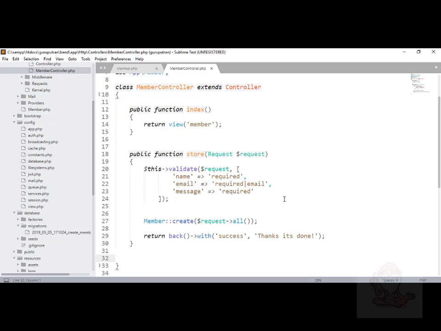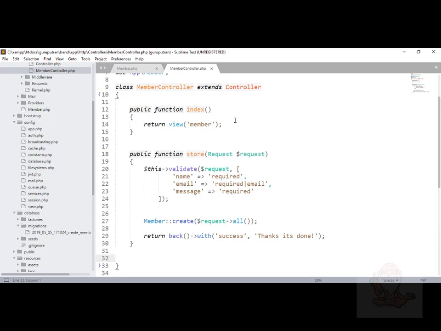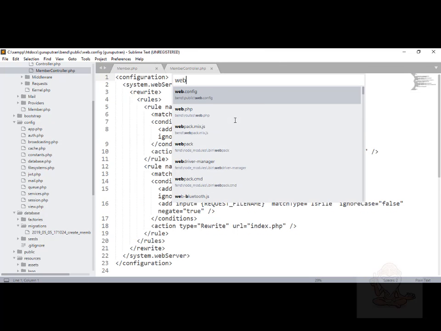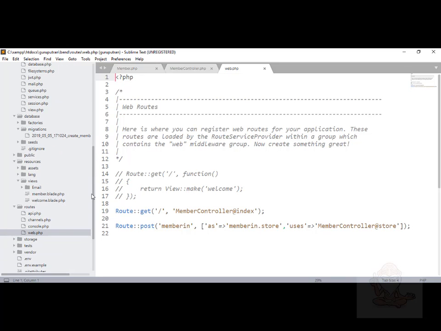In order for these two functions to work, we need to do routing. So let's go to web.php. Where is the web.php? Just type web.php. It's inside the routes folder, so I can show you where it is. We are calling web.php here. Now we have two routes here.